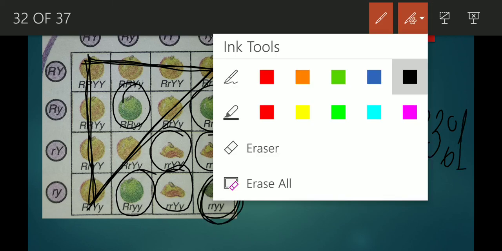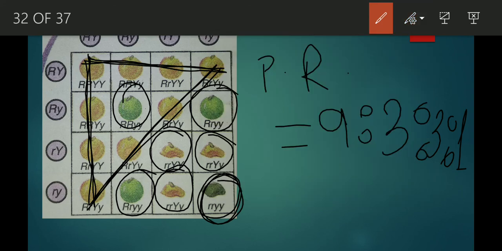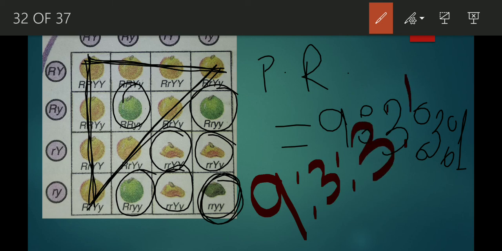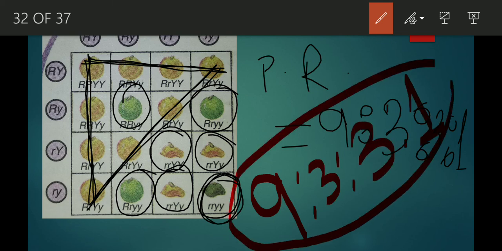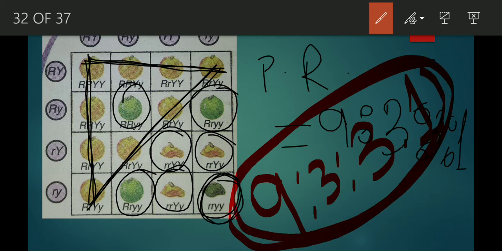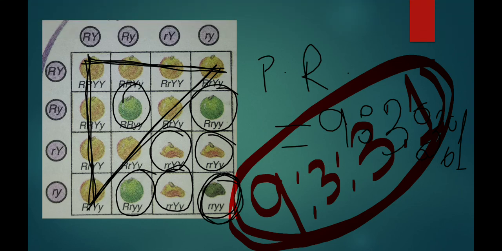So, the phenotypic ratio for the F2 generation in dihybrid cross is 9:3:3:1. This is the phenotypic ratio for the F2 generation in case of dihybrid cross, and the genotypic ratio is very complex. It is not in the syllabus. Okay, clear? So I think the monohybrid and the dihybrid cross is clear to you all now.